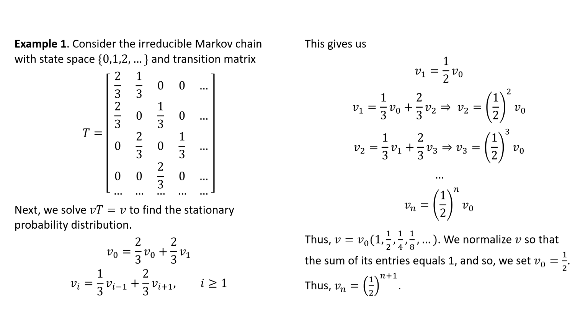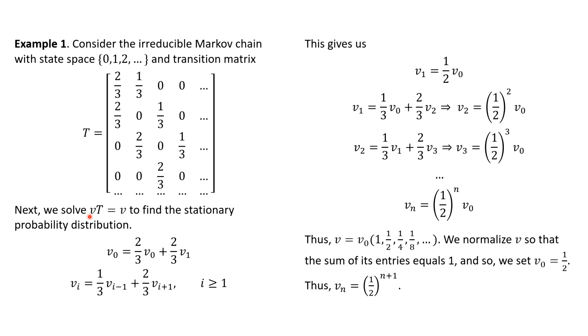Consider this. The first example is more just finding the stationary distribution. So we have an irreducible Markov chain, state space 0, 1, 2, and so on. And these are the transitions. So from 0, going back to 0 is 2/3 probability, and from 0 to state 1, you can go with 1/3 probability, and then these are the transitions out of state 1, state 2. And if you draw this, you'll see that you can go in between any of the states, eventually going out further and further. So this is irreducible.